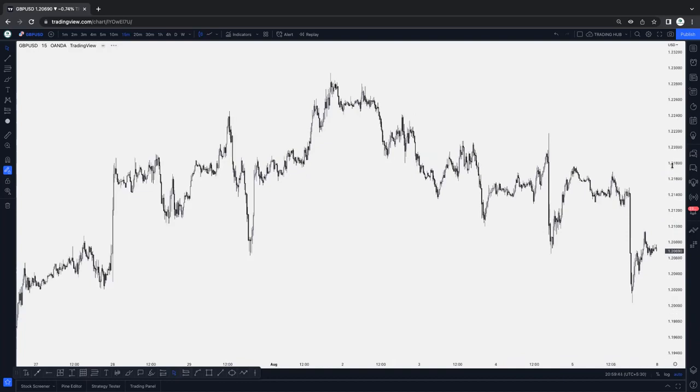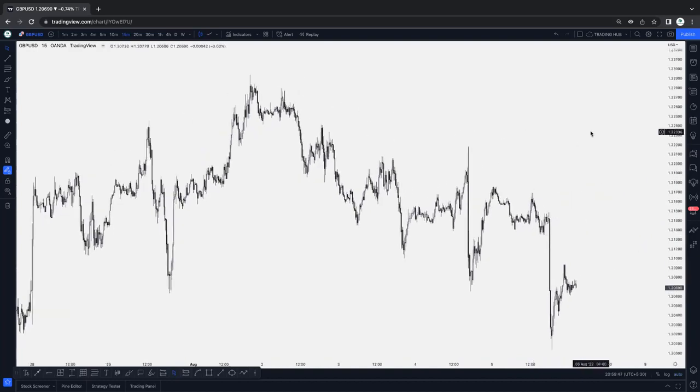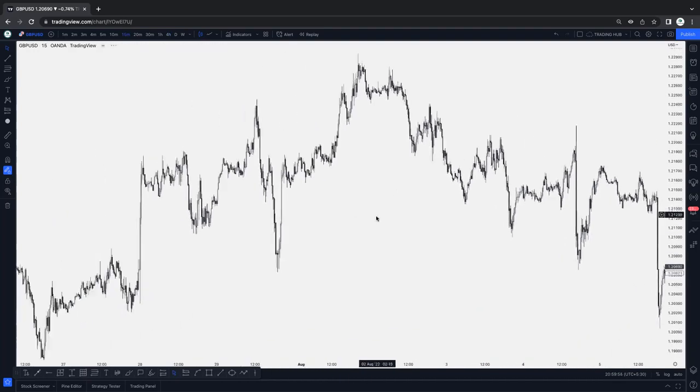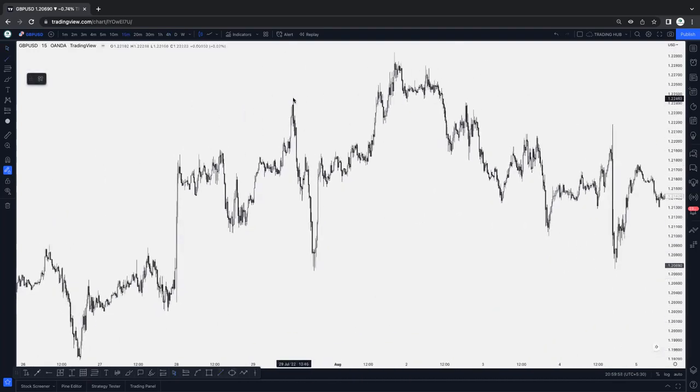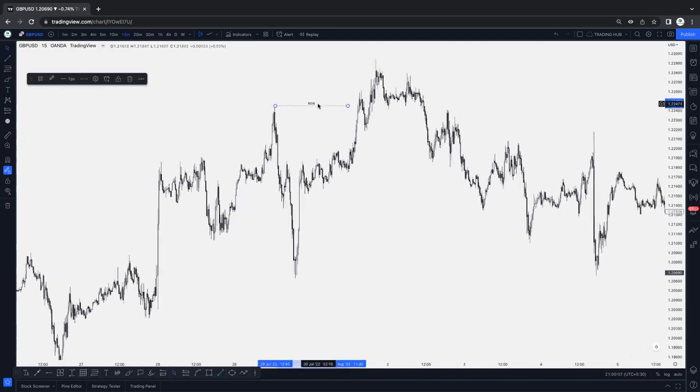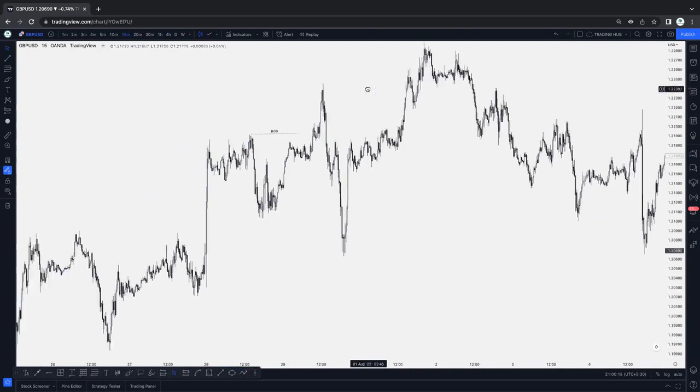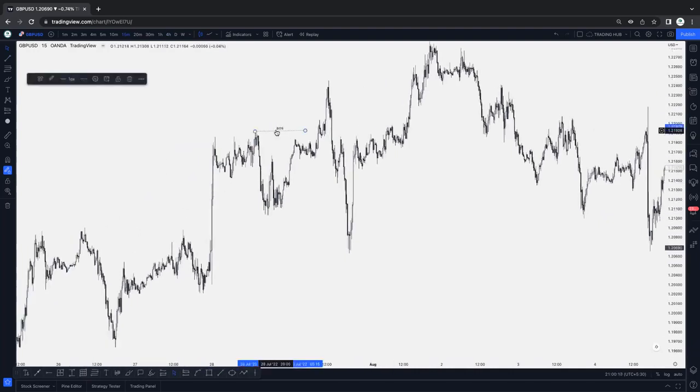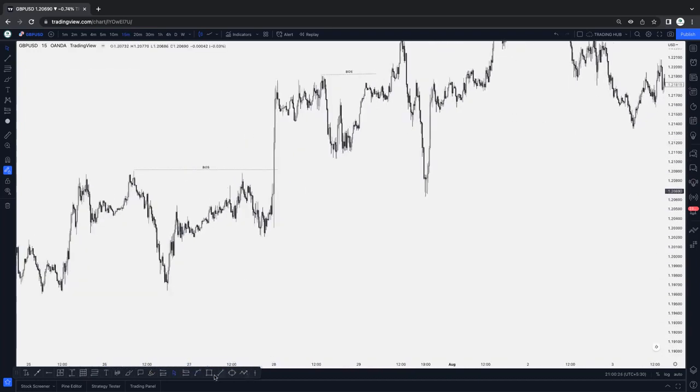Okay, so this one is your 15-minute structure. In the 15-minute structure, we can see here this was your last structure, which was actually a BOS. But technically this is not a BOS, technically this is a CHoCH. Why? Because before this, your actual BOS is here, and after this, the break of structure is here, because the market took out the inducement.